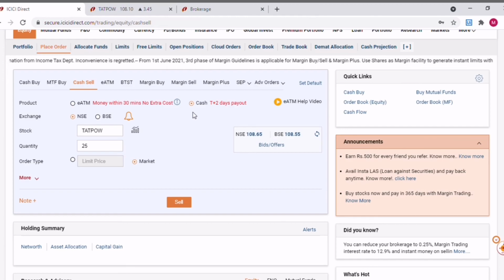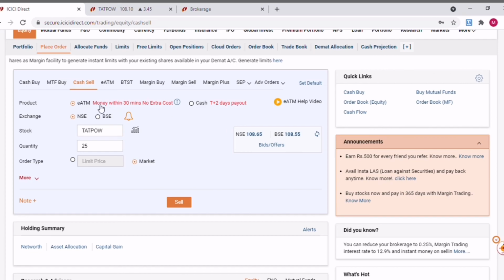Just in case you want the amount to be credited back to your account immediately, like within, say, 30 minutes, you can just select EATM. If you select EATM, enter the quantity, and click sell, within 30 minutes you will get the amount back in your account.